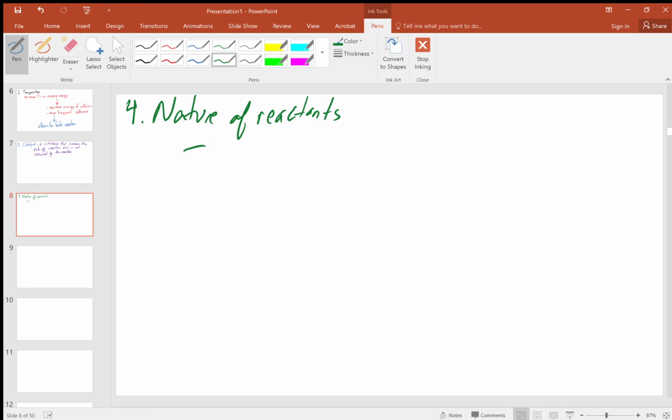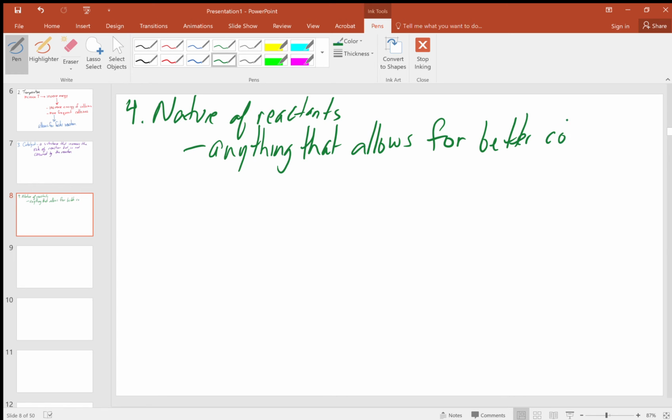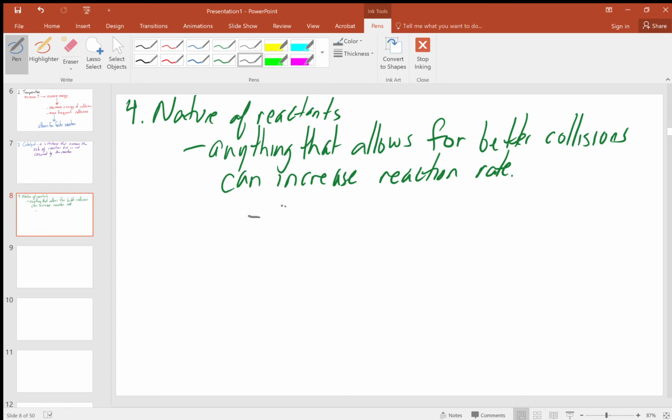So we say that anything that allows for better collisions can increase the reaction rate. And this can include things like what state of matter